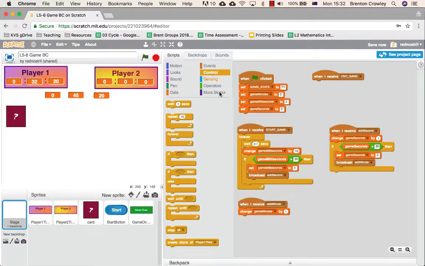And what we want to do is go into our control and we need to do some stopping, but we don't want to stop all. We just want to stop other scripts that are in the stage, and then we want to stop this particular script right at the end. Okay, so if we go back and we start the game again,